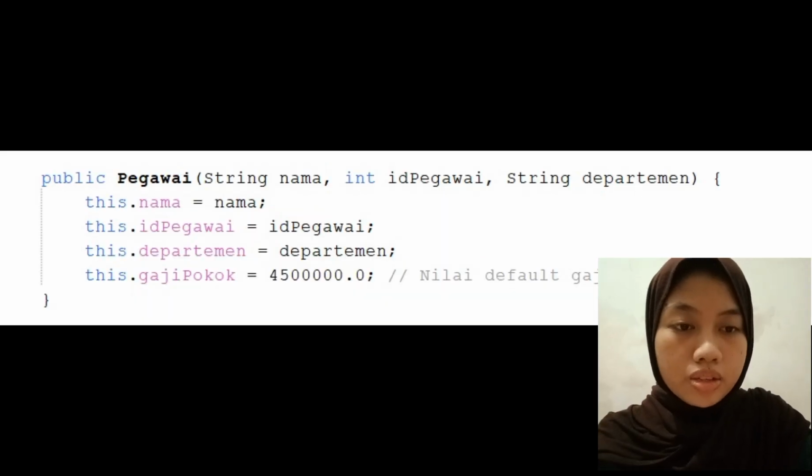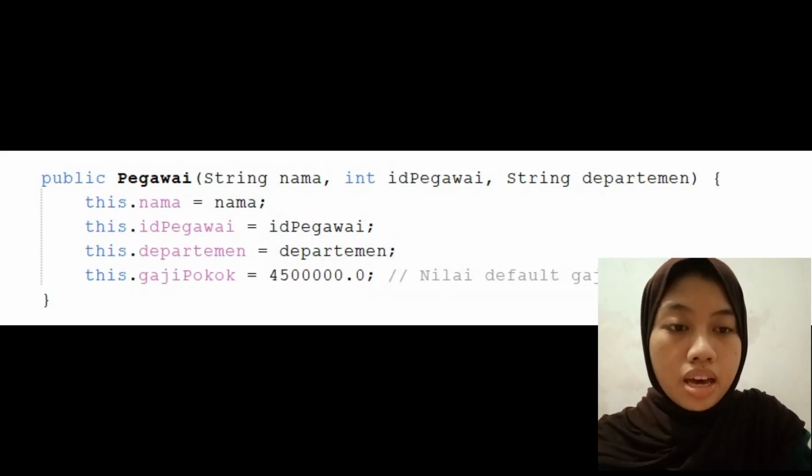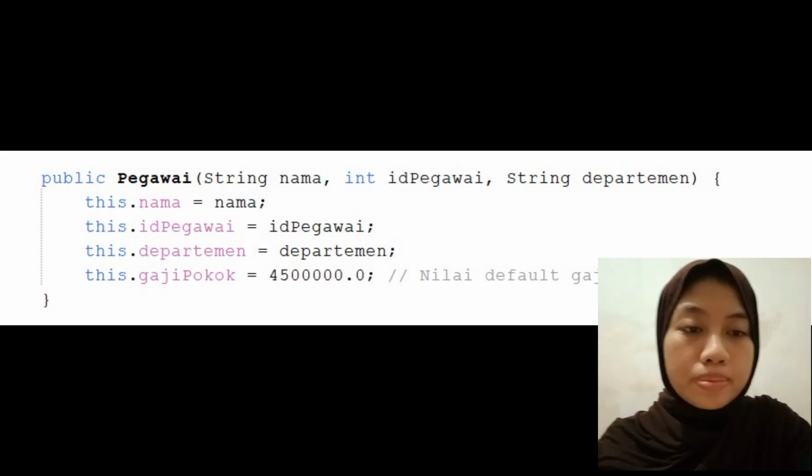And next is the default constructor. This constructor takes no parameter. It is used to initialize attributes with mandatory default values when an object is created without arguments.